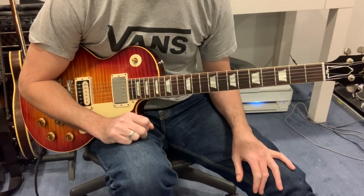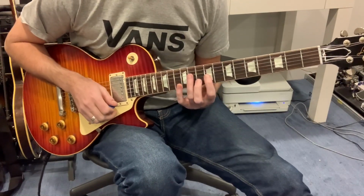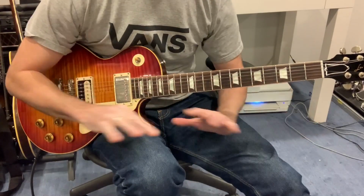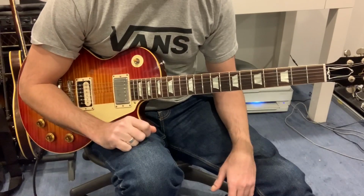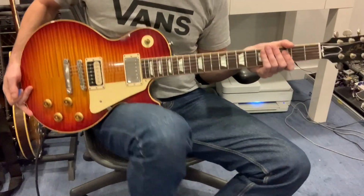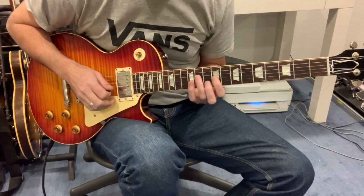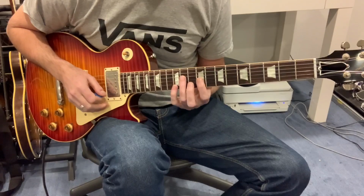But my suggestion is that you take advantage of open strings when you can to get to other parts of the neck. Avoid excessive amounts of vibrato and ornamentation. Let the effects and the spaciousness of things happen after you're playing. Anybody who thinks that this style of play is easy is sadly mistaken. You actually have to really dedicate a lot of time to choosing the right note